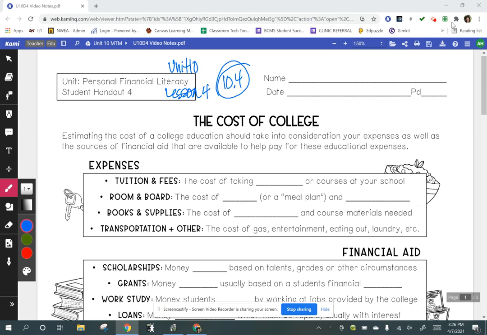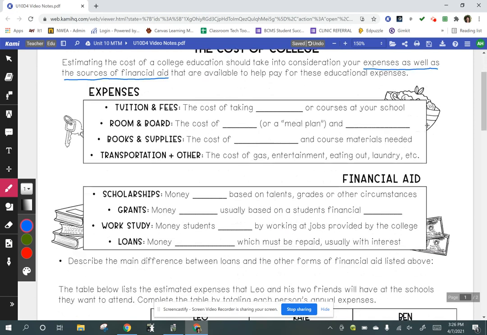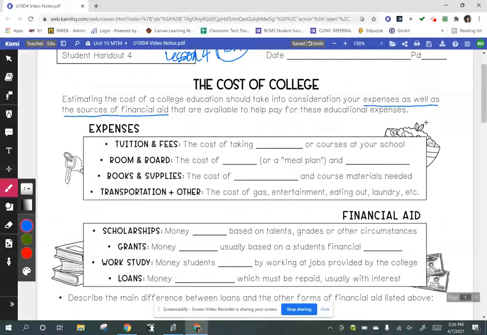All right, so the first thing we need to understand is that when we're estimating the cost of college education, we should take into consideration our expenses as well as the sources of financial aid that are available to help pay for these educational expenses. Okay, so the first type of thing that we're going to talk about is the actual expenses. And the reason I'm going to do this in red is because expenses are like the money that's going out of